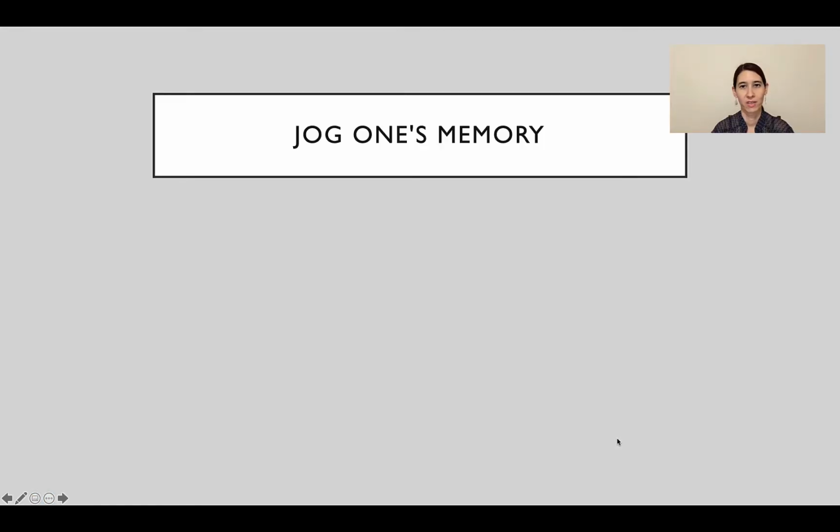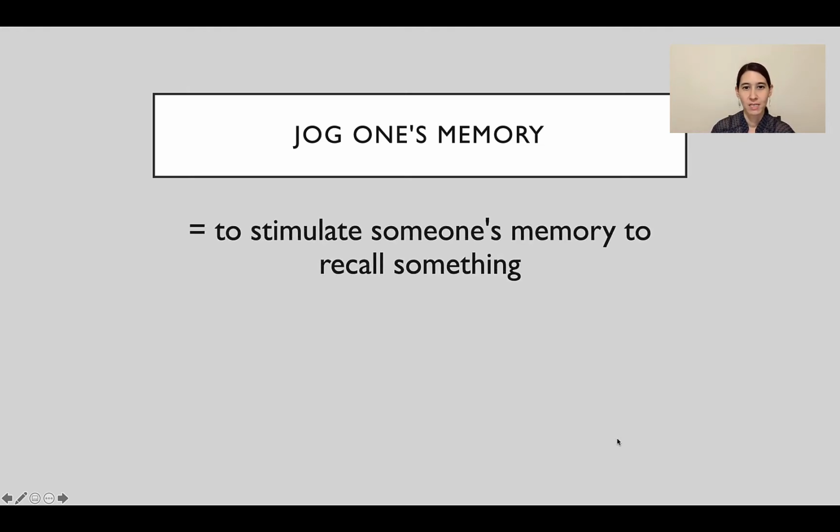Jog one's memory. If you notice, there are a lot of idioms dealing with mind and memory. Jog one's memory means to stimulate someone's memory to recall something. So if you're stimulating someone's memory, you're trying to remind them of something. They forgot it. So when you're jogging their memory, you're telling them something that can help them recall or remember